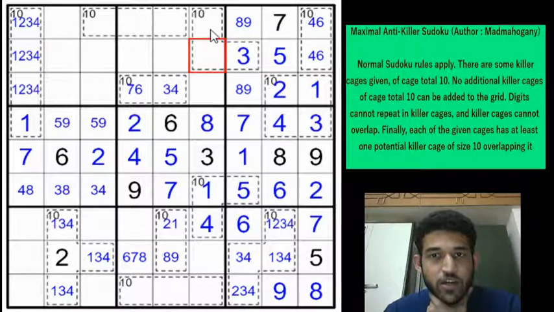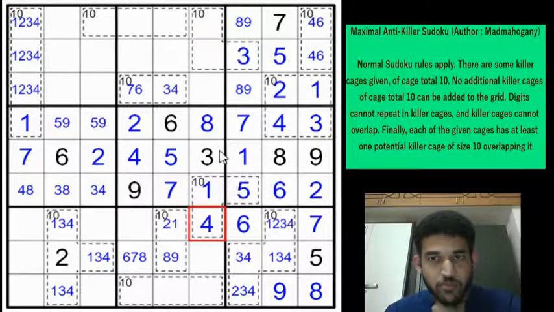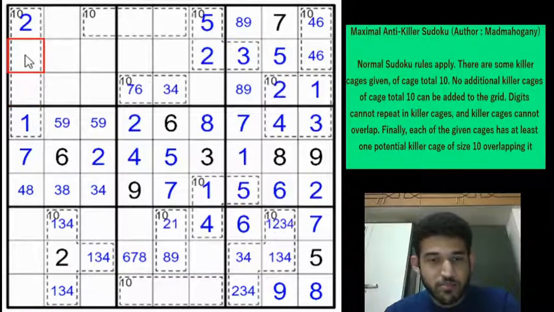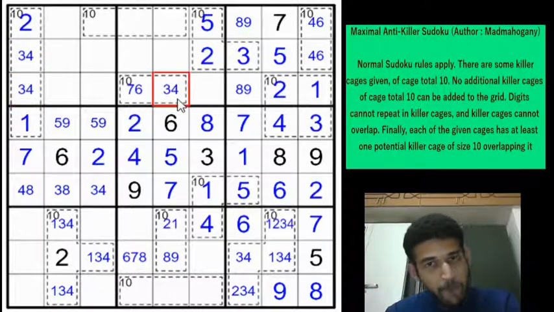Right? Now we need two cells summing up to 7, right? So they can be 1, 6. 1, 6 is not possible. 2, 5. 2, 5 is possible. 3, 4 is not possible. So this is going to be a 5. And this will be a 2 because 5 is here. So 2, 5 is the only possibility. And now 2 is in rows 2 and 3. So we can place the 2 in this cage in row 1 column 1. The remaining digits are 3, 4. Right? We can pencil mark them. This will be 3, 4 and this will be 3, 4. We have a 3, 4 pair now.